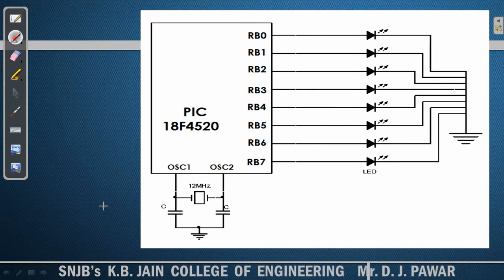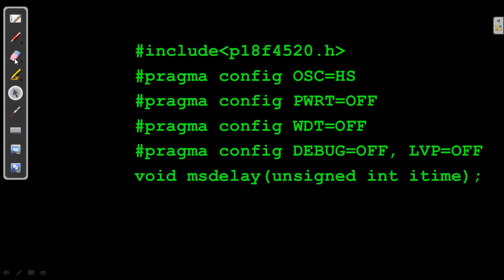The other circuitries also can be seen, like the oscillator circuitry connected over here, and reset will be connected over here. I am skipping that part over here, but you need to draw that also. So start with the programming. The very first part is the configuration part, that is common for all the programs, as we have already seen.